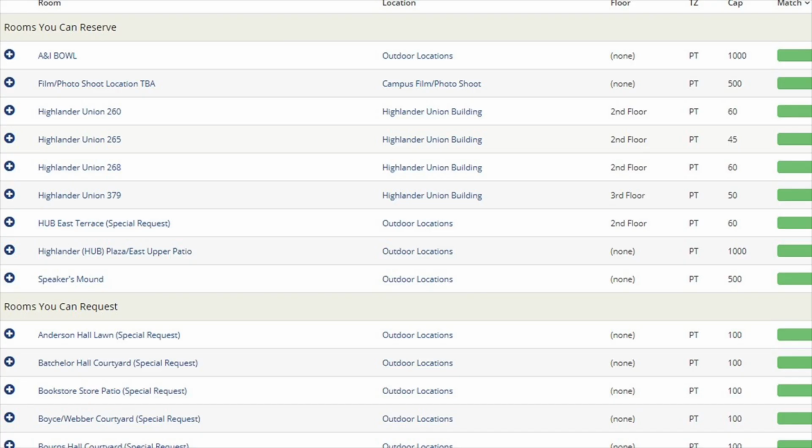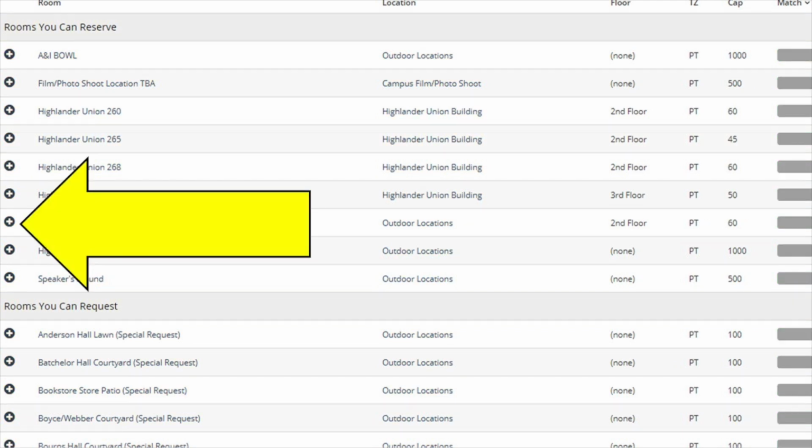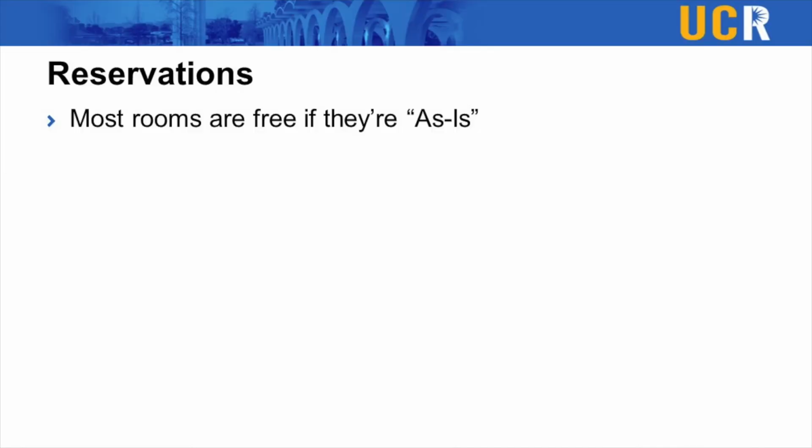Once you manage to find a room or space that looks good, you just hit the plus symbol and you'll have that day and time set aside. You can then change the day and time you're searching for, and you can add more reservations. This way, you can reserve rooms for the entire quarter all at once. Super easy.